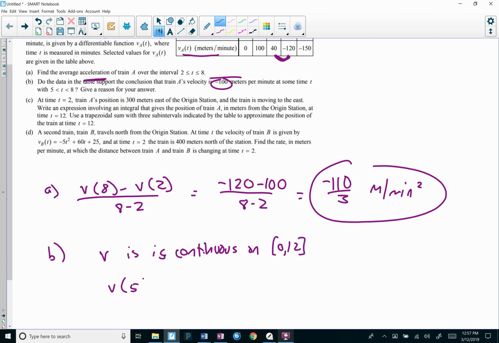V of 5 is 40 from the table. V of 8 is negative 120. Okay. So the IVT states that V of t must equal negative 100 for some t